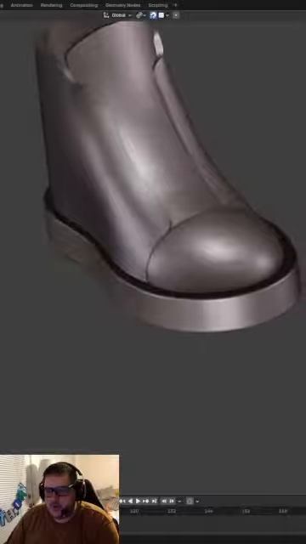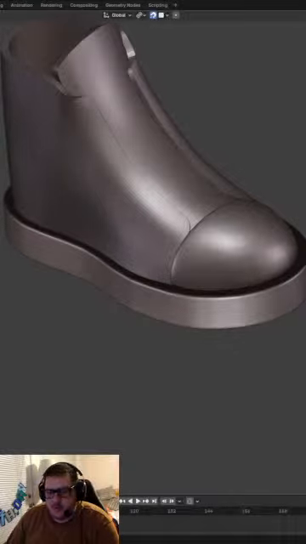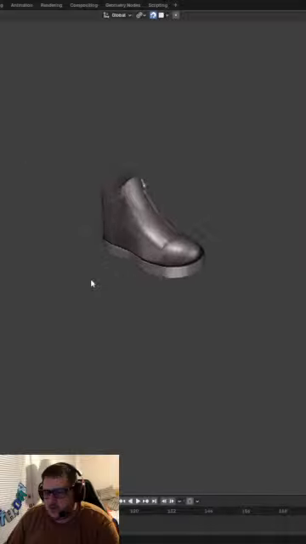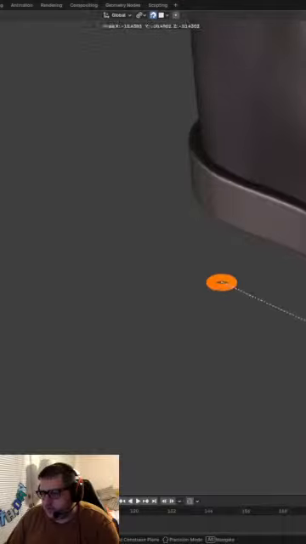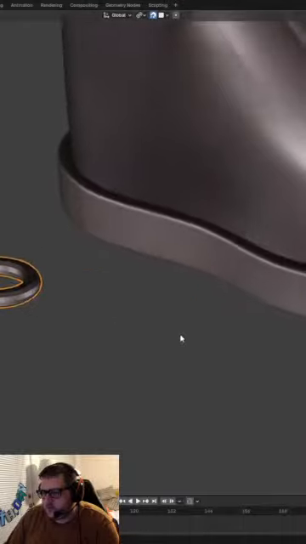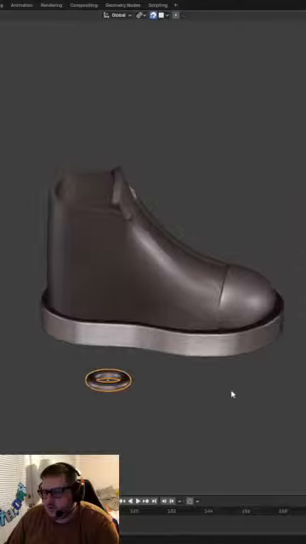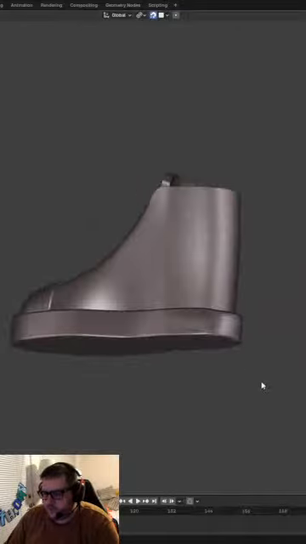So before going a little bit into sculpting this, one thing I wanted to do is add the little drain holes.